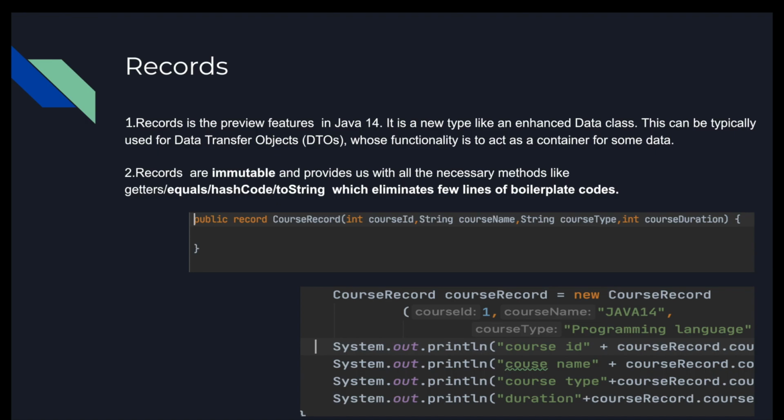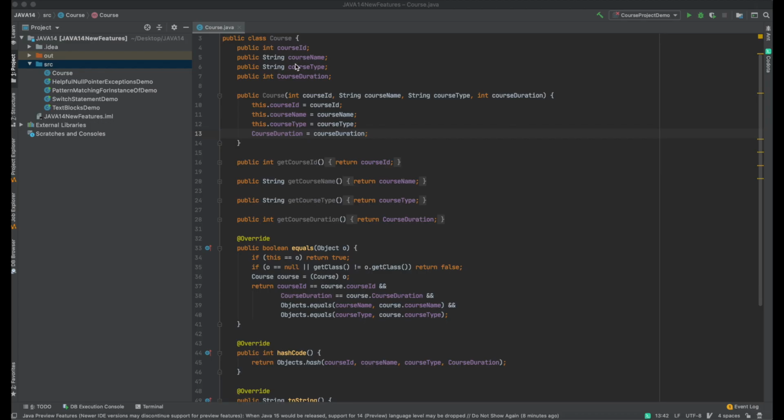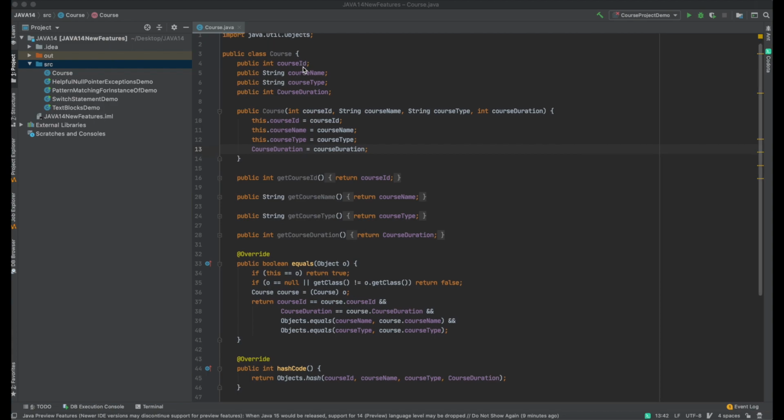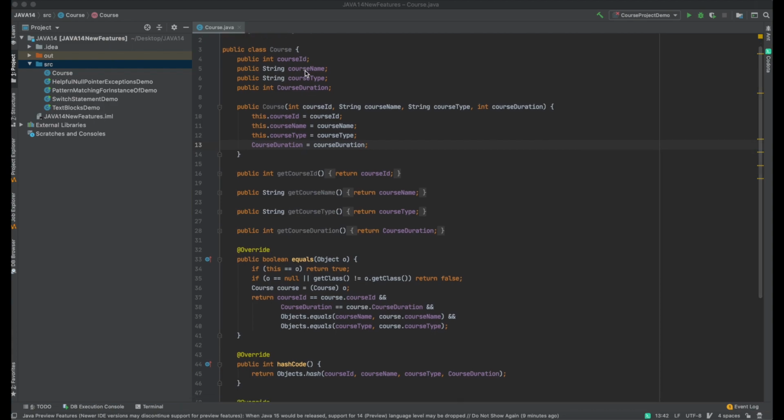Records is one of the useful and most interesting features of Java 14. It's a preview feature. OK, to understand records, let's go to IntelliJ. If you see, I have already created one class called Course. So basically it's a DTO class where we can keep some data inside it.